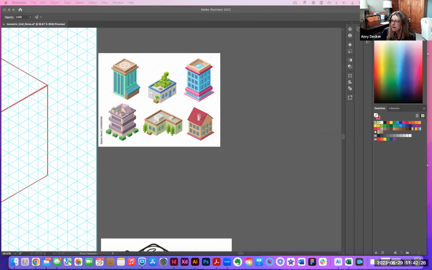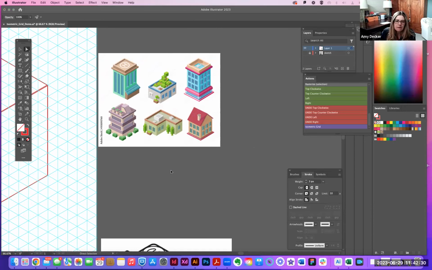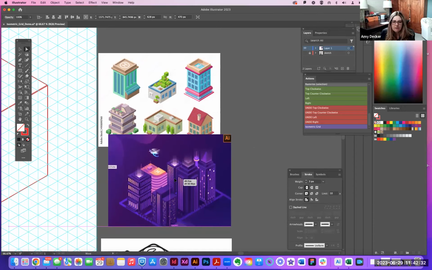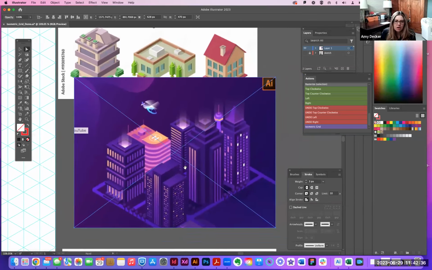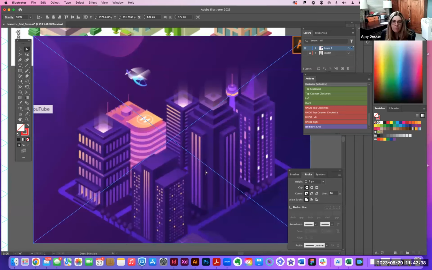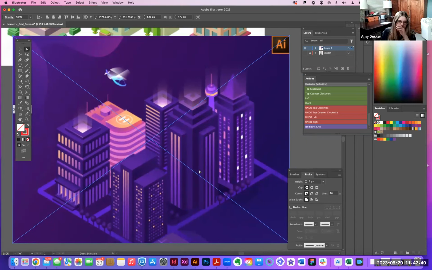Okay, I'm going to pull in another. I'm going to show you a nighttime scene. This one I think is interesting because it's also showing, at night, what's the light source? Well, in this case, it's kind of showing lights coming up out of the buildings. Like, how are the buildings lit? The buildings still have